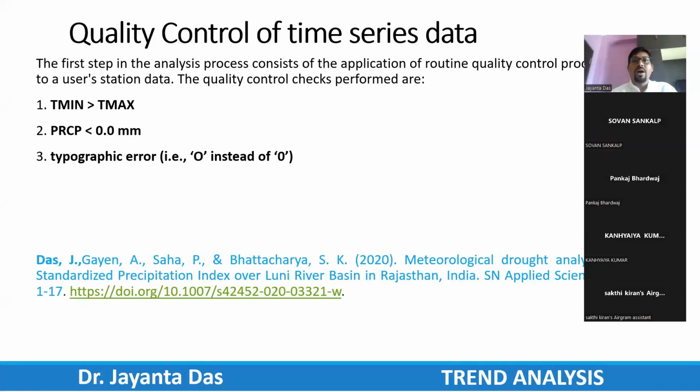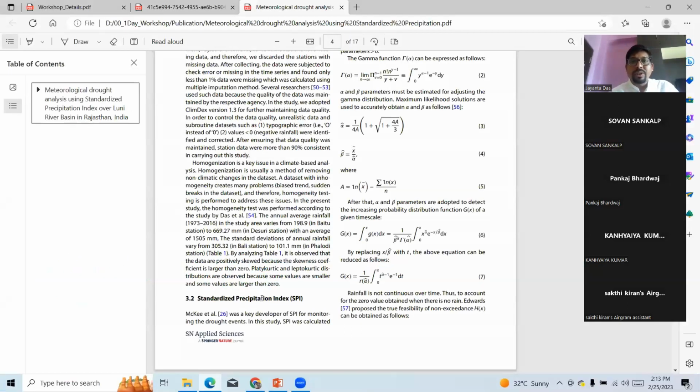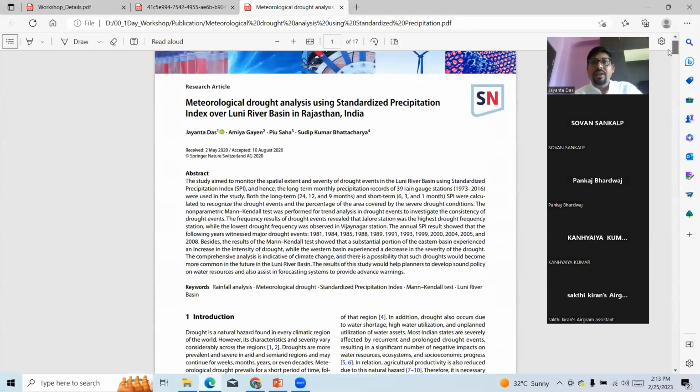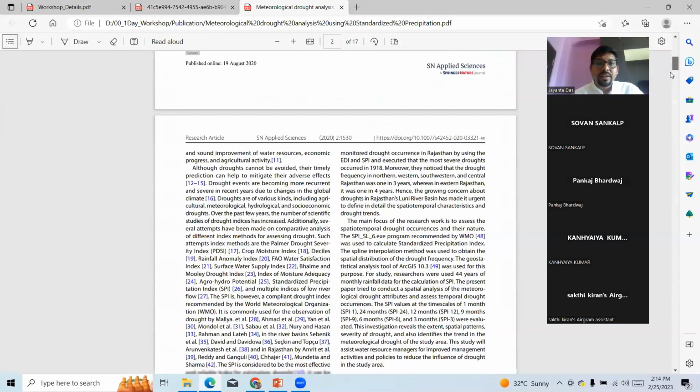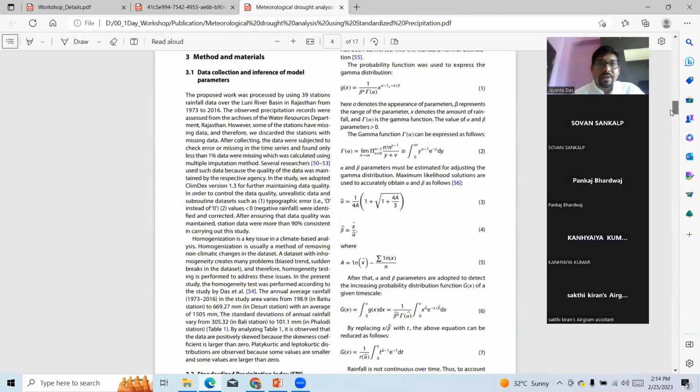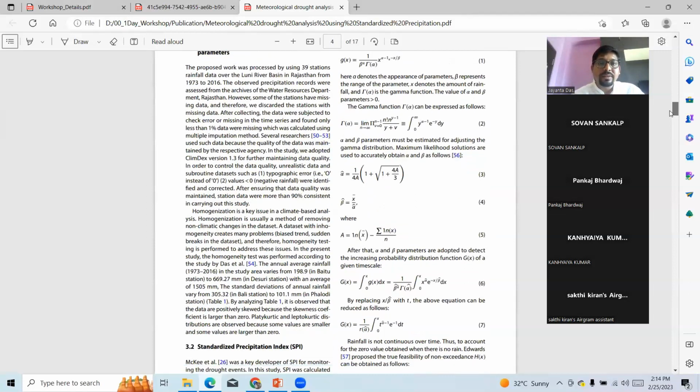I'll share how we can use it. Okay, I'm talking about this paper, Meteorological Drought Analysis Using Standardized Precipitation Index over Luni River Basin. So here you can find data collection and inference of model parameter. You can find here